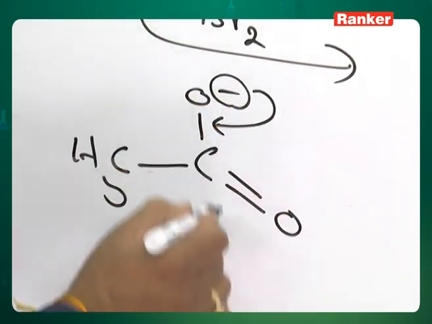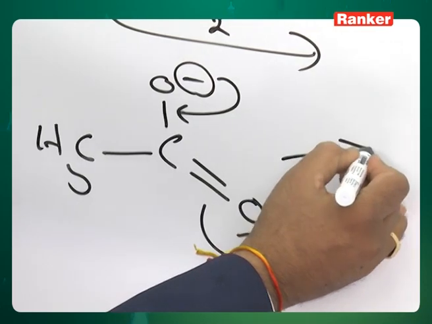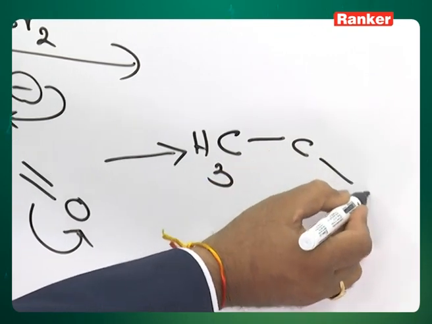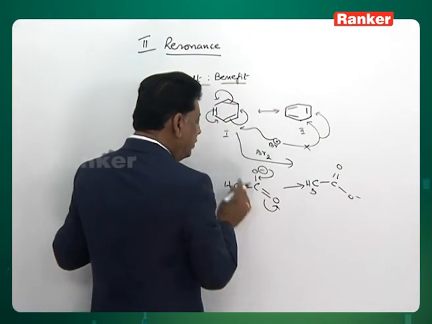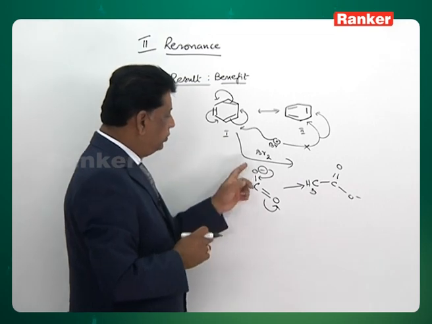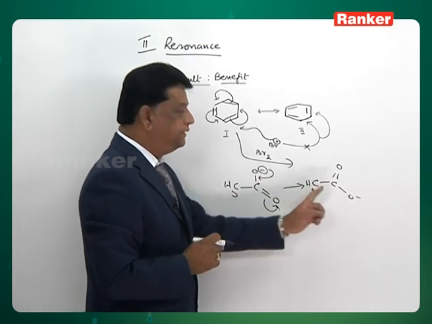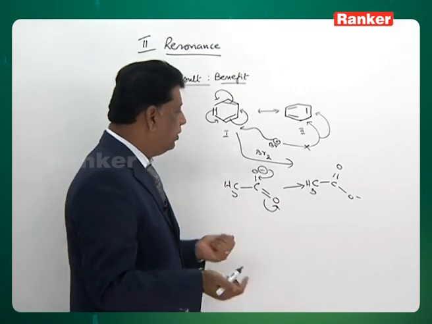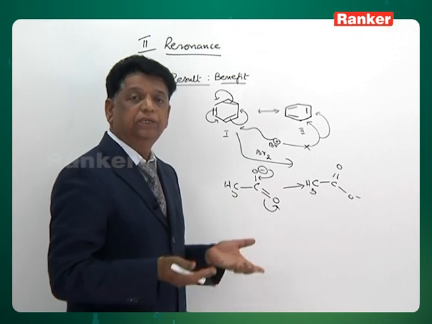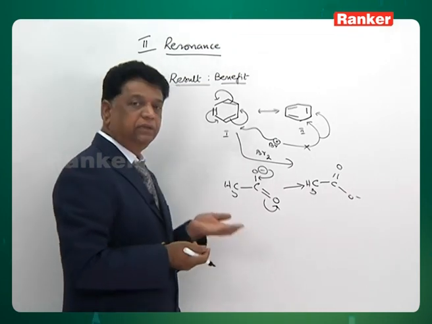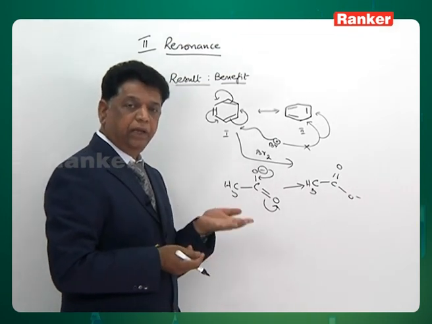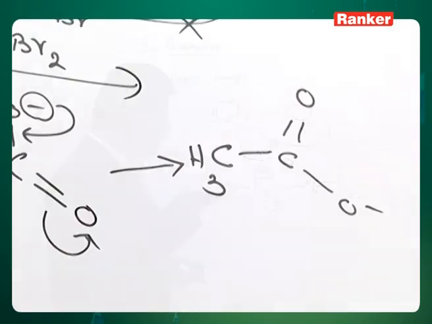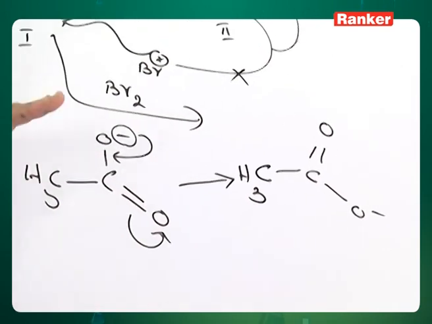Now if the minus comes here, this goes here and you will get another structure. This acetate anion will have the minus sometimes on this side, sometimes on that side. So the problem keeps changing. The two oxygen atoms exchange one after the other, just like two hands. Perhaps if I have more hands, more exchange will give more relief. Like that, the more the resonance structures, the more stabilization there will be. That is what the resonance theory says: that an ion or molecule, if it gets a greater number of structures, has more stabilization. Stable means its reactivity is decreasing.